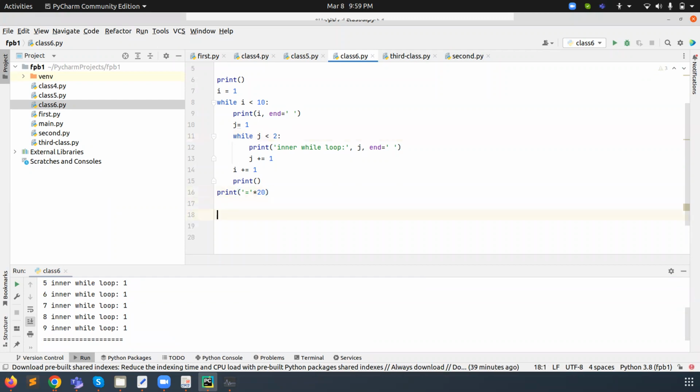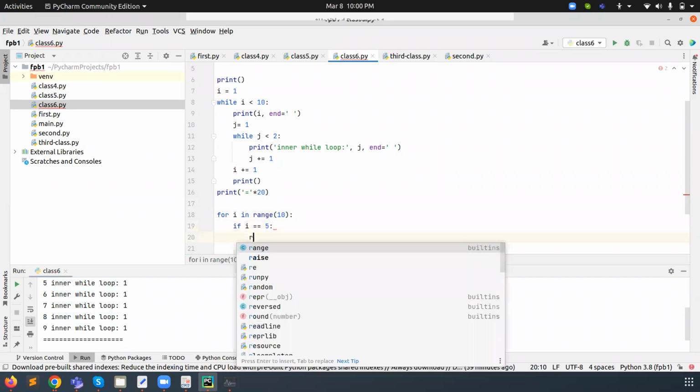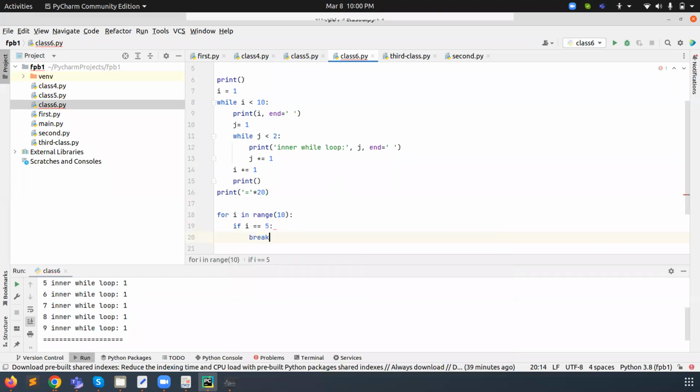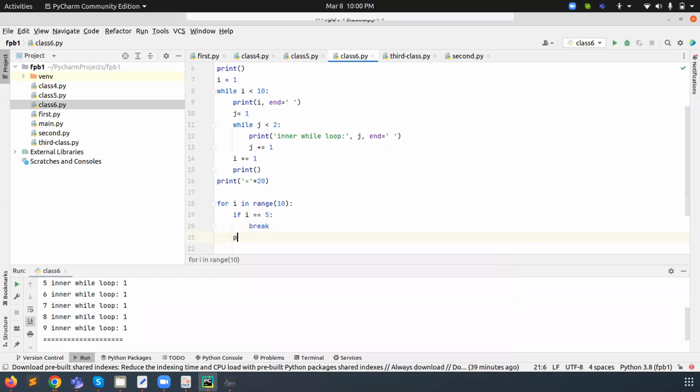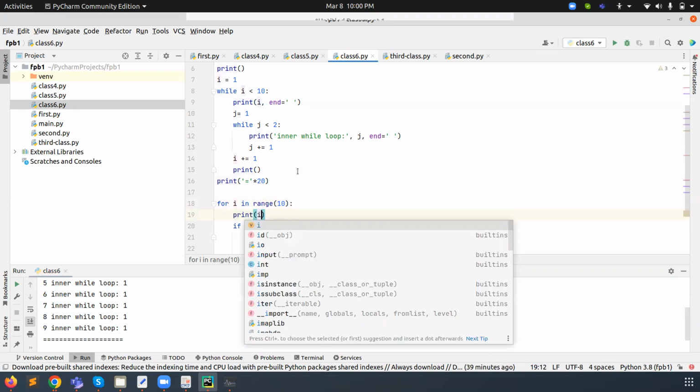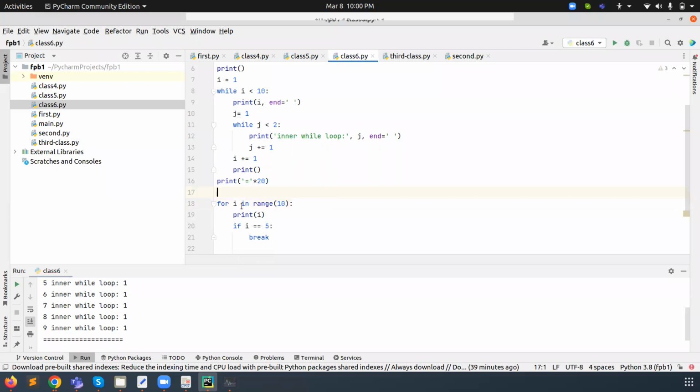Now we are using for i in range 1 comma, or we can do that 10. Now if i equals 5, then we want to break the loop. Before that I am printing i.